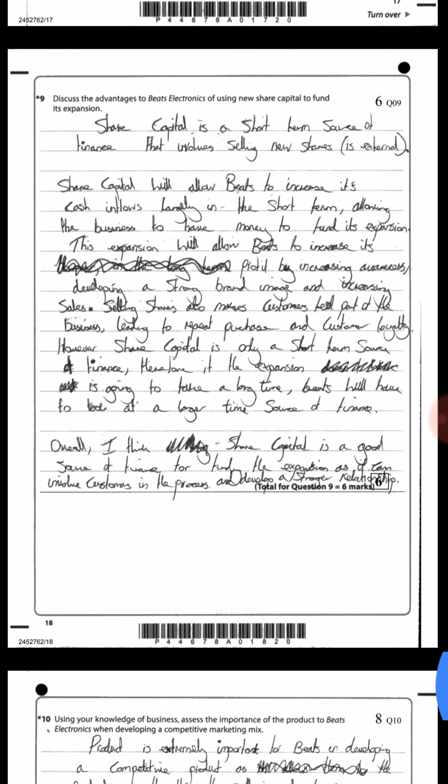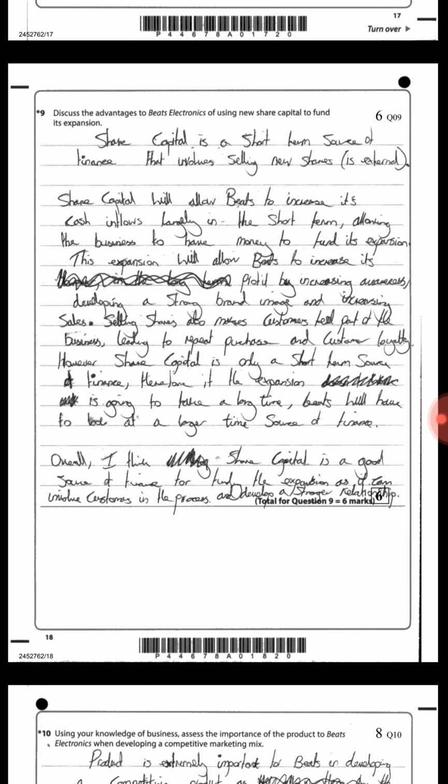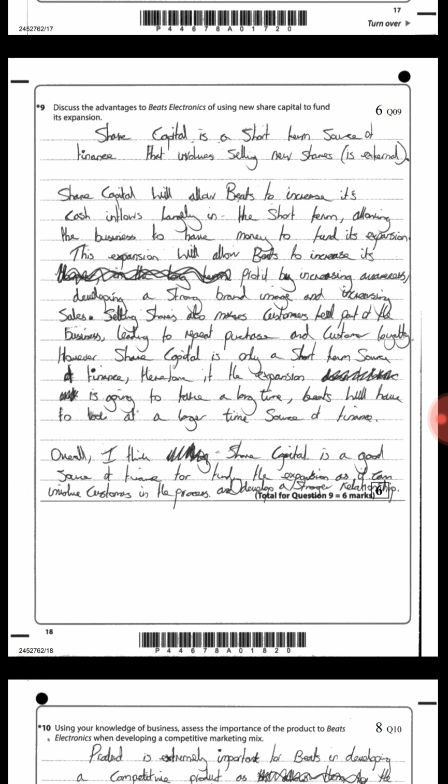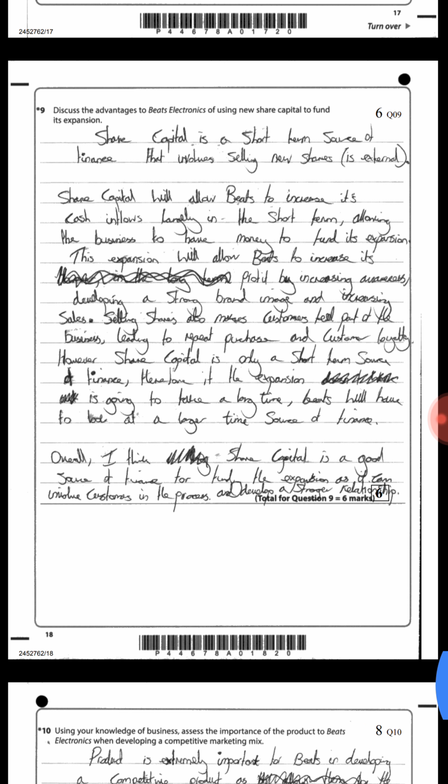Banks will have to be a longer time source of finance. I think what the student here is saying is that share capital is like a one-off thing, and it's quite short term. If they've used all that capital, they can't. Sometimes they don't want to go back to shareholders and say we need more. They will therefore then go to a bank. I would also add to this actually that with share capital, they don't have to pay interest to the shareholders. So the alternative is perhaps to borrow a large bank loan, but of course that can be very expensive because